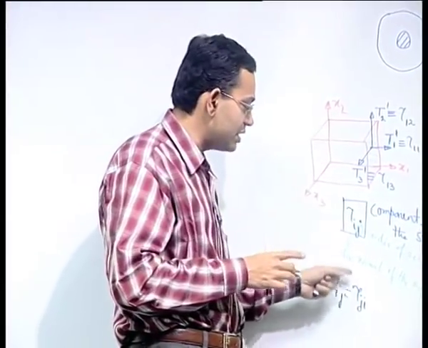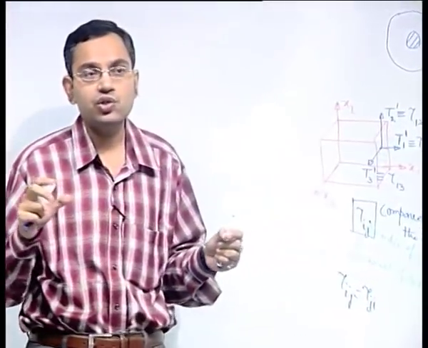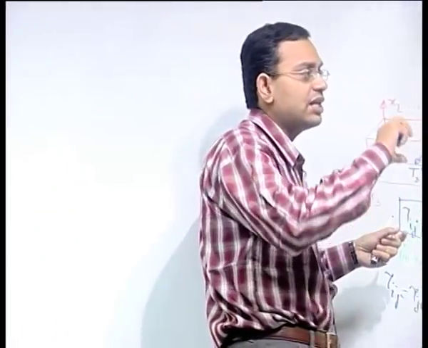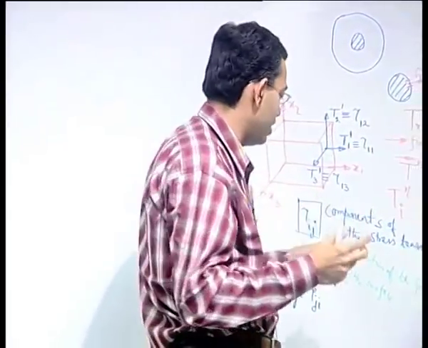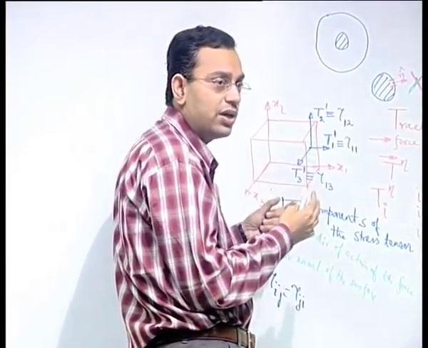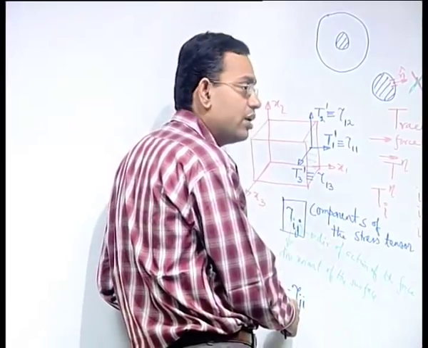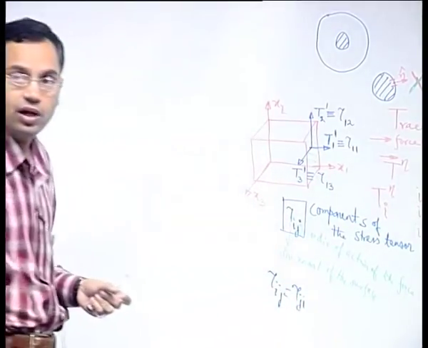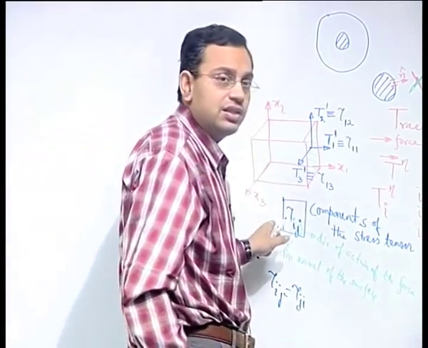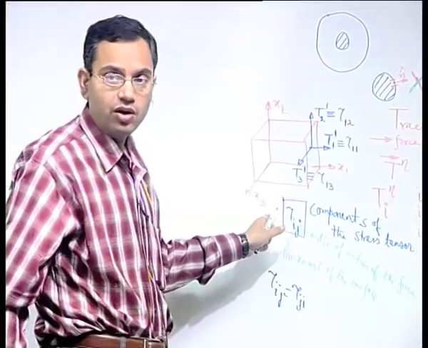So we are considering such cases where the fluid elements do not have any body couples. Just like you can have body forces, you can also have body couples, but in normal circumstances, if the fluid does not have embedded particles like that, it will not be able to sustain any body couple, and if it cannot sustain any body couple, the angular momentum conservation will automatically give tau ij equal to tau ji. So basically you have 6 independent components of tau ij.